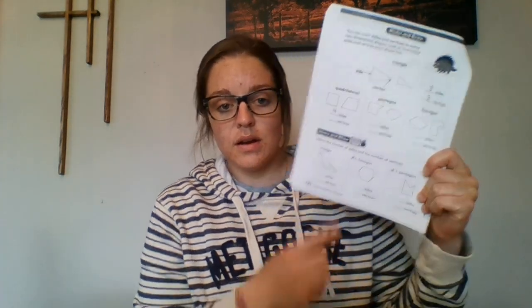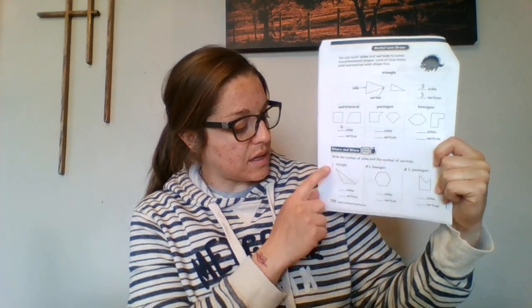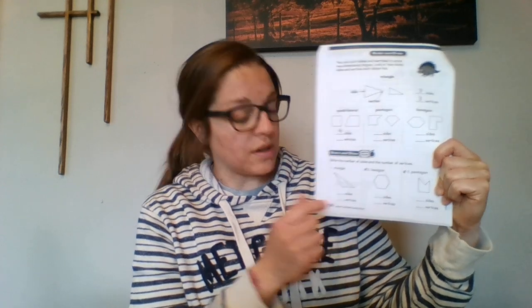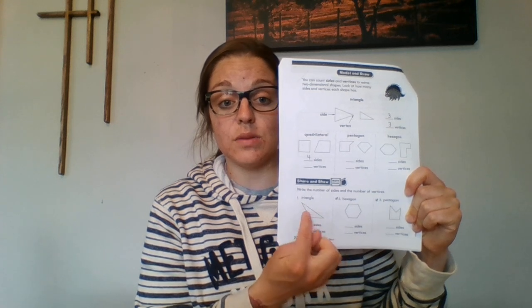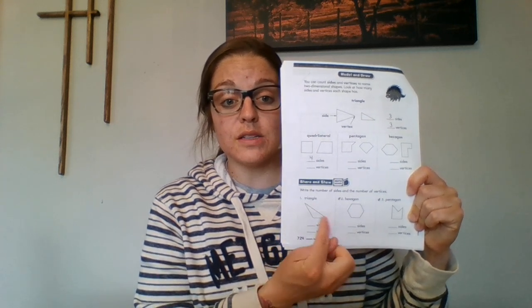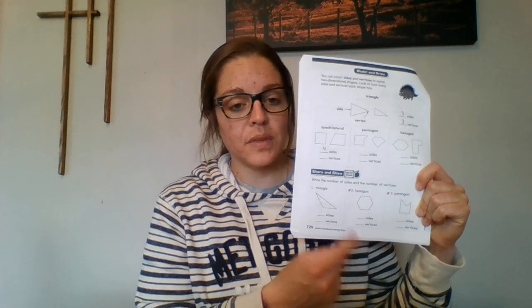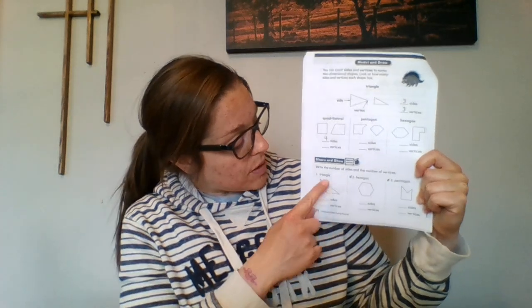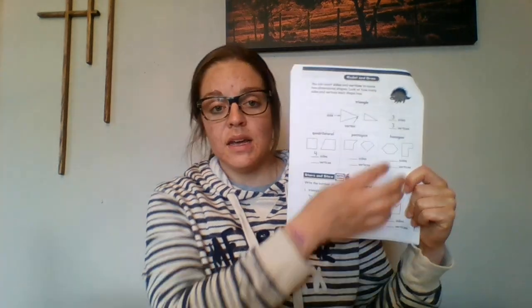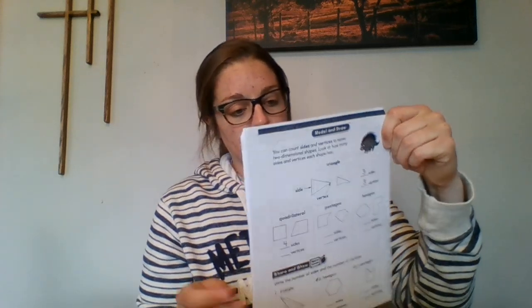Okay, after you fill out all of this up here, you'll move down here, and it says write the number of sides and the number of vertices. So you'll count the sides and count the vertices. So if you want, you can highlight the sides with your pencil or a crayon or marker as you count them, so you don't count them more than once. Or if you want to draw a dot on the vertices as you count them, that would be fine. But you have a triangle, a hexagon, and a pentagon, and of course you can always use your information from up here. All right, then on the next page, 725,